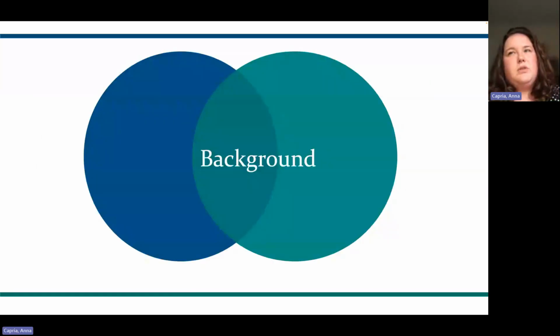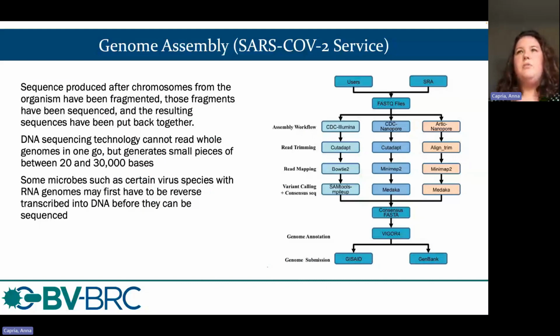Thinking about assembly, those are the sequences produced after chromosomes have been fragmented and then put back together. We know that sequencing technology can't read whole genomes in one go, but reads small pieces. And some viruses have RNA genomes that can be reverse transcribed into DNA before they're sequenced. So our SARS-CoV-2 service takes in your submitted FASTQ files, and here's a good time to stop and think